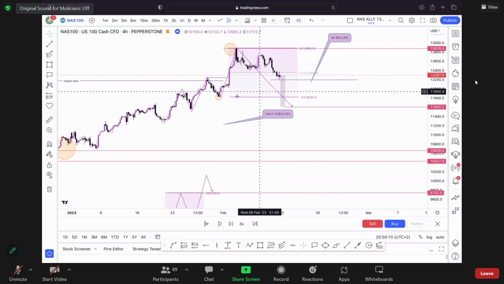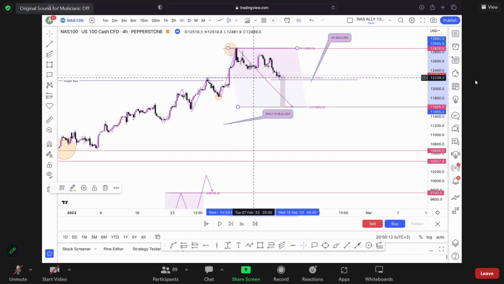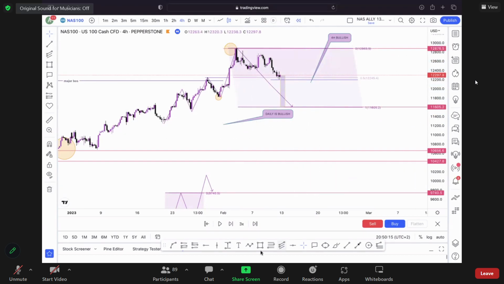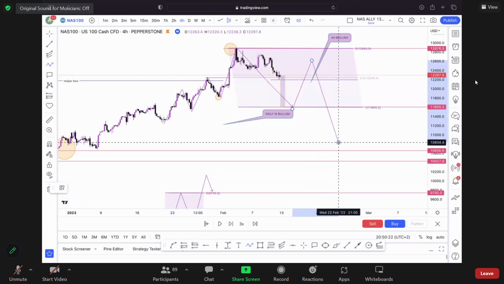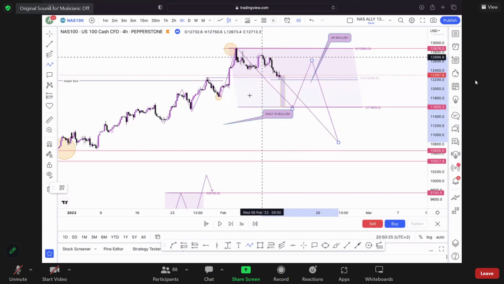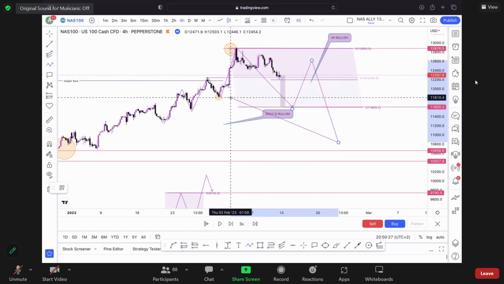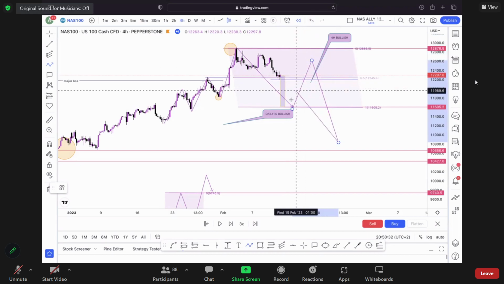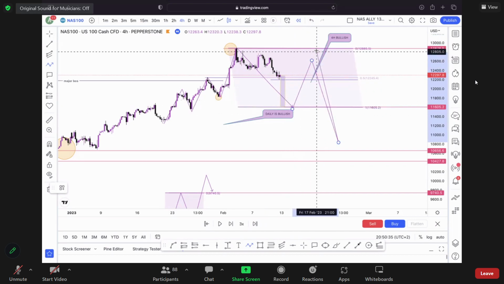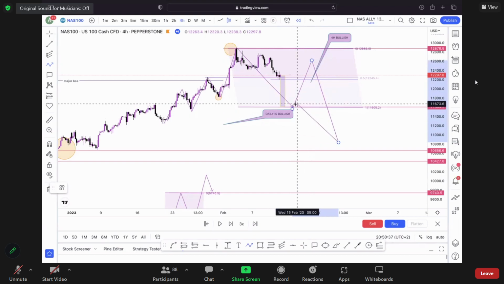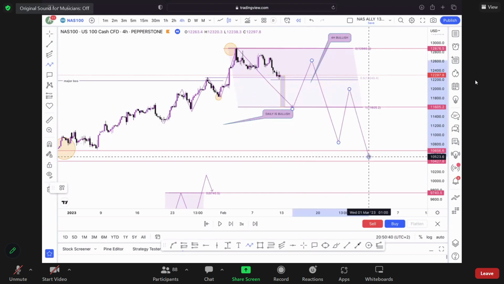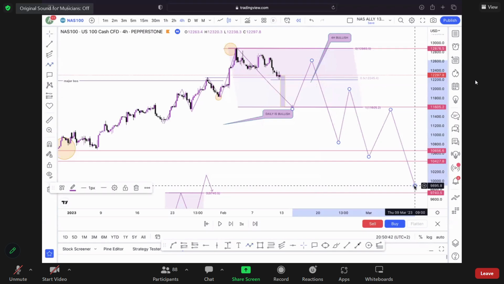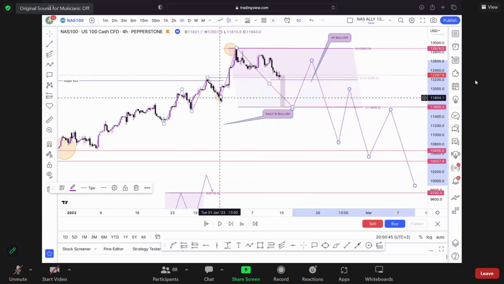Okay. And now we expect for the market to come into bearish, and that means the market will come into premium to sell off. So basically start failing the highs because we've taken out the low. So the first sign is the low being taken out. Once the low gets taken out, we now anticipate market starting to fail the highs and take out the lows, fail the highs and take out the lows. But the first sign is that that low must be taken out.